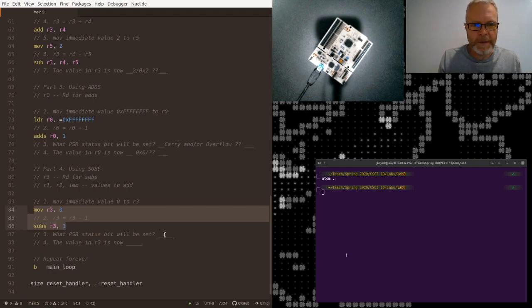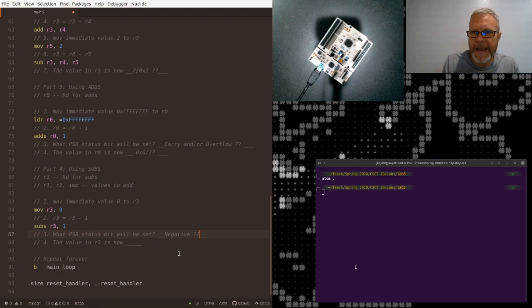So we might expect the negative status bit, because if we do a sub S and the result is negative, then the processor will set a status flag telling us that your result is negative. So we're going to guess that the negative bit will be set, possibly others, but the negative bit we think will be set. So the value in R3,